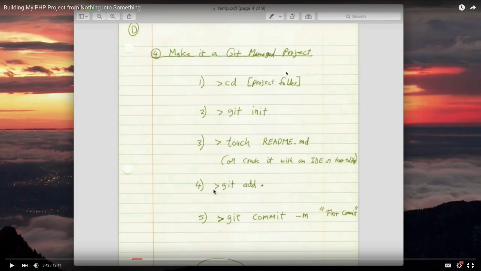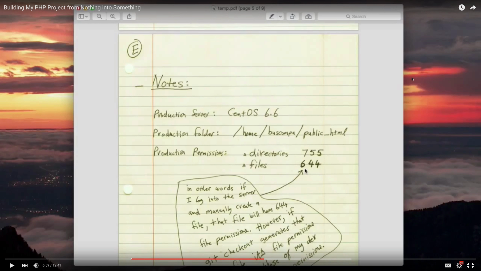Now, here are the steps for making the project folder into a Git repository. On this page, I'm basically talking about when to make changes to file permissions and folder permissions on the server. I'm talking about production server, and when to make them in my development environment on my Mac. For script files or any files that are going to be managed by Git, always make file permission and folder permission changes. Do that on the Mac. However,